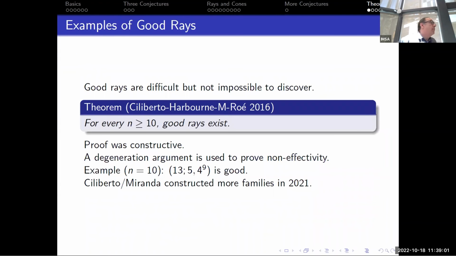Okay, so can we find some? They're difficult to find, but not impossible. About five or six years ago, in the same paper where we made the delta conjecture, we proved that good rays exist for any n bigger than or equal to 10. This was the first time this was observed. The proof was constructive. We actually wrote down some good rays for every n bigger than or equal to 10